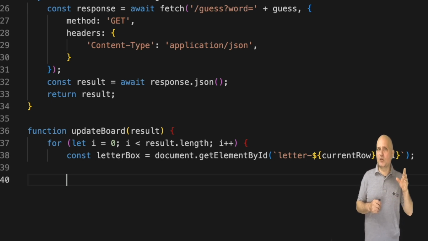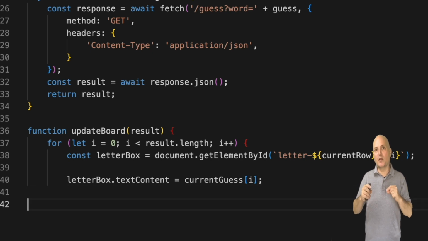Remember that we created the character entries. We gave each of them an ID based on the row and column. The current row global variable represents the row we're in. Now we go over each of the characters in this row and get the DOM entry so we can paint the result.